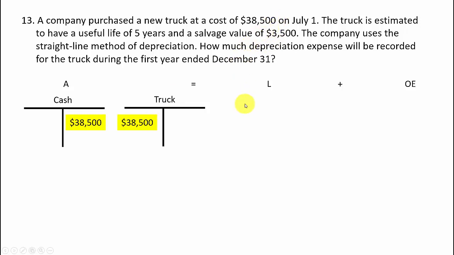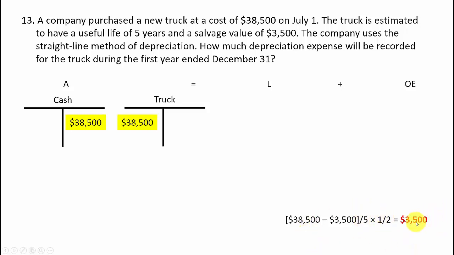Now we got to record depreciation, and for the answer for this question, we want to know how much depreciation expense will be recorded on the truck for the first year. Well, the first year is only a half year because it starts on July 1st and goes to 12/31. So we're going to make a calculation. 38.5, the cost of the truck, minus the salvage value. What's left is called the depreciable amount. We'll divide that by 5 years, and since this is a half a year, we'll take half of that,